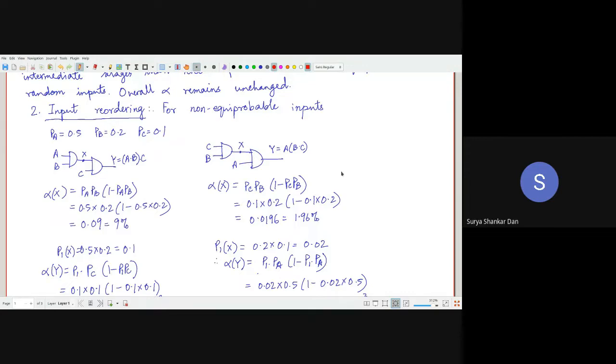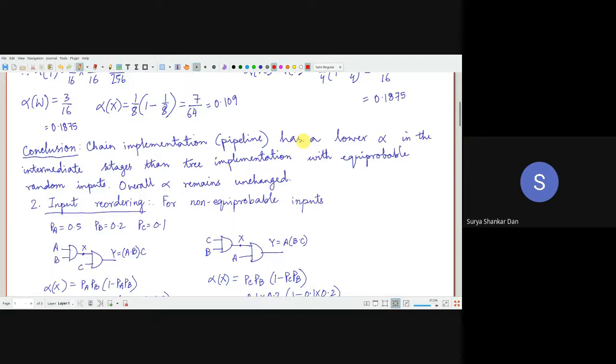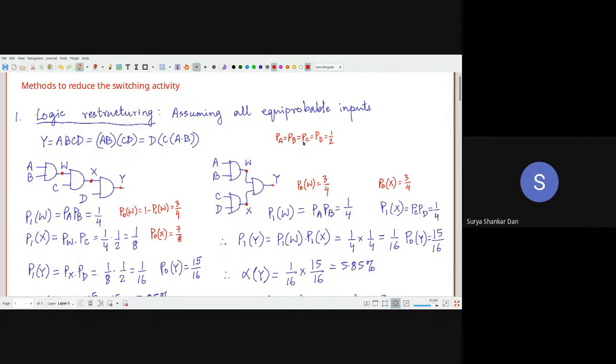Here also it's the same thing. ABC, ABC, the output product is the same. What I'm trying to explain in both of them is that we are achieving the same Boolean expression at the output. Please try to understand. In your earlier VLSI design, you used to get y equal to ABCD somehow, and the work was done. Whether you did it this way or that way, you never bothered.